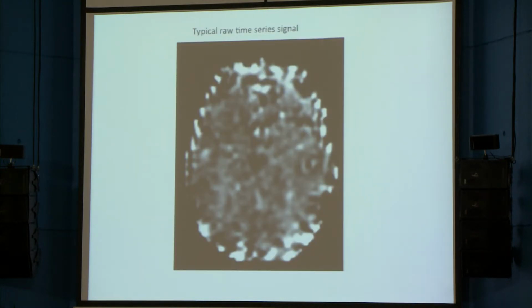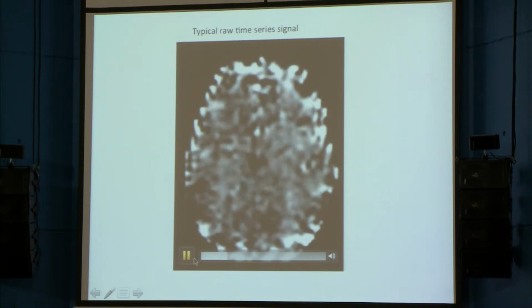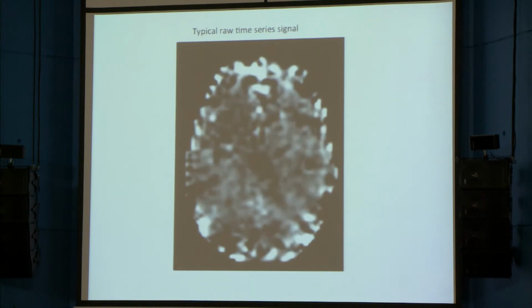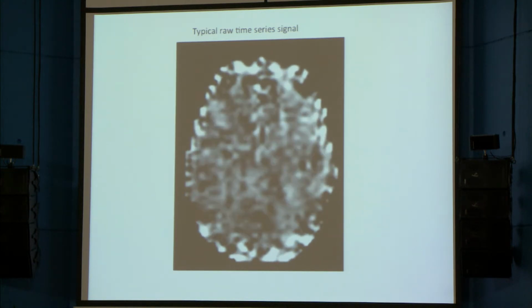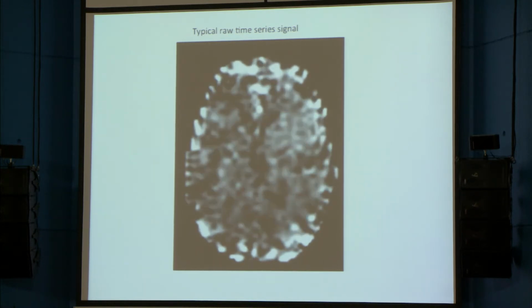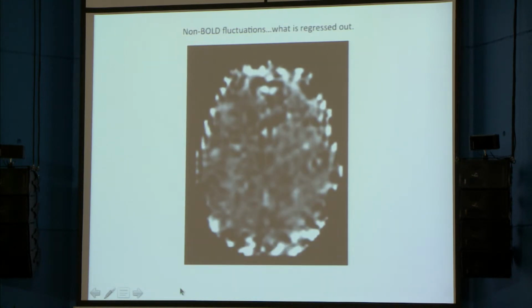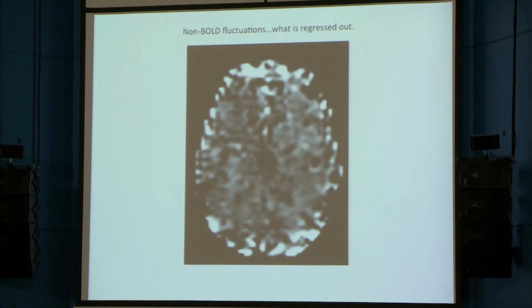So this is an example of a raw time series that we all know and love when we look at resting state data. There are some hints of something going on, but for the most part, it's just oscillating around, and there's some pulsation and whatnot. It's hard to interpret. Okay, this is actually our bad components. These are the components that we regress out that look even worse than what we saw before. So there are some bad components that you can see. This looks like nothing, really.